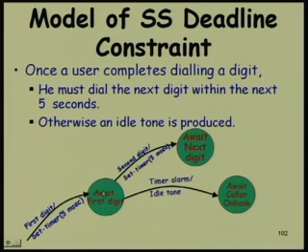So, the system is awaiting the first digit. This is the starting state for this constraint, and the user presses one digit, and while this event occurs on this transition, we have a timer set for 5 milliseconds,